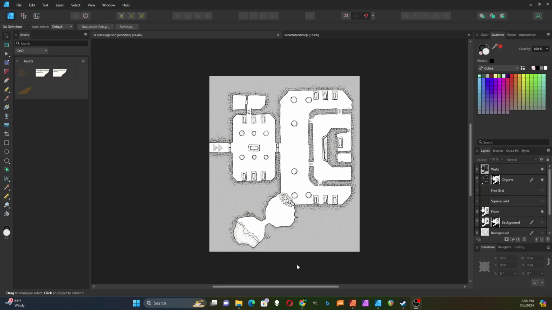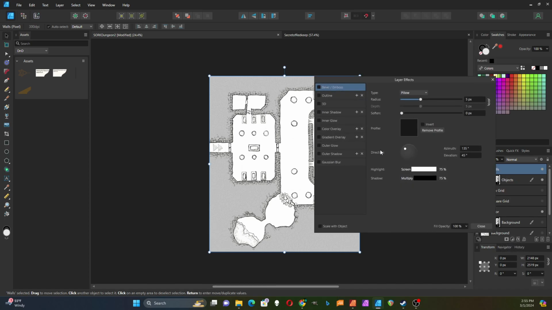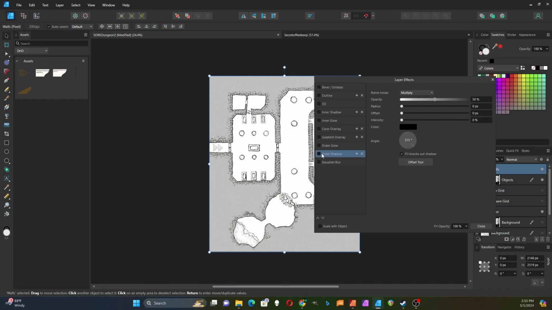Okay, I've got my dungeon pretty much set up, but I still need to add some more things. I need to put in some numbers, and I'm going to show how to add some effects to this as well. So first thing I'm going to do is go to the walls, and I can add an effect to that, and I'm going to add an outer shadow,